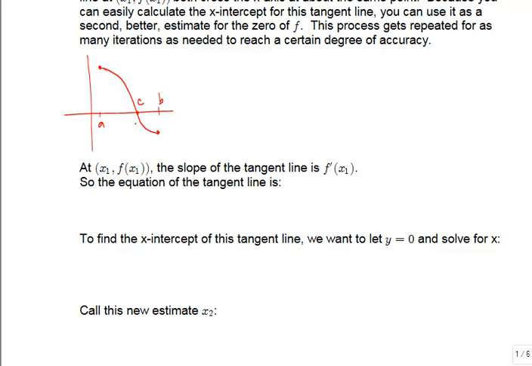So what we're going to do is make a guess, and pick some x value that we think might be a reasonable guess for what that root is. So say that I let x, my first guess, be x sub 1, and that would be this point up here. So this would be (x sub 1, f of x sub 1). So the idea behind Newton's method is that if you draw in the tangent line at this point, (x sub 1, f of x sub 1),